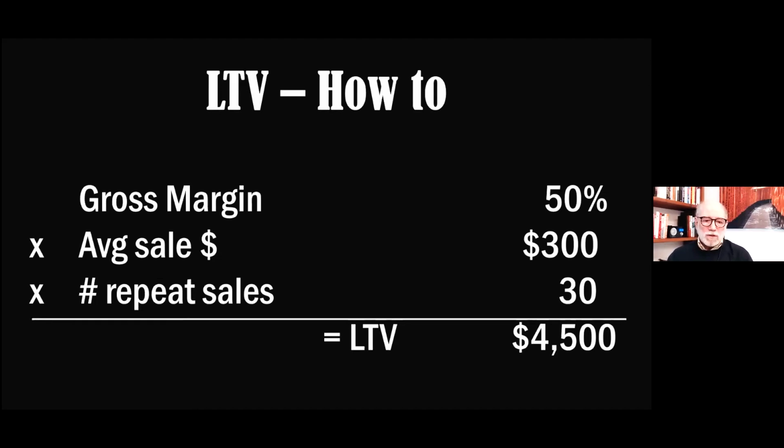Their gross margin was 50%. I made up that their average sale is about $300. And let's say somebody comes in 3 times a year with their dog or cat or bird or elephant or whatever it is. And they stay for 10 years. So they're a customer for 10 years, because typically once people find a vet that they like, they stick with them for a while. So that would mean that over the course of that lifetime, they would be there 30 times. 30 times $300 per time times 50% means that that customer is worth